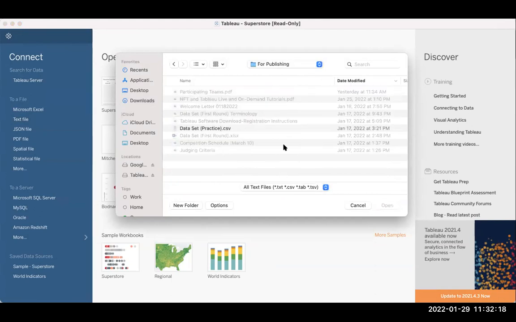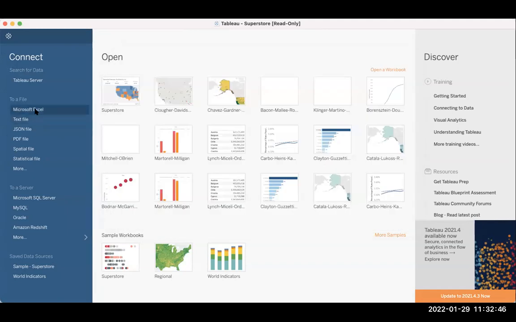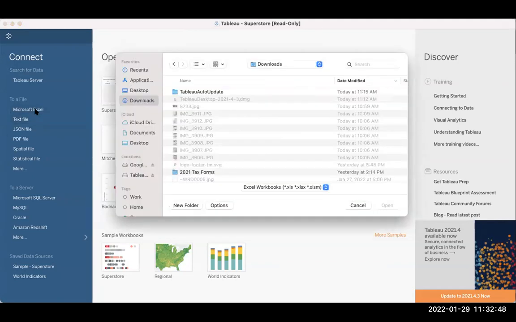We can see that as I'm in this window, because I've clicked text file, I can actually only connect to the one file that's here. And if you look, I actually have the data set for the first round here, but that one is the Excel file. So that one I actually can't connect to because I've clicked the text file. So because I've clicked text file, it actually makes it really easy for us and tells us exactly what we can connect to. I'm going to hit cancel for a second because I want to go into the Microsoft Excel